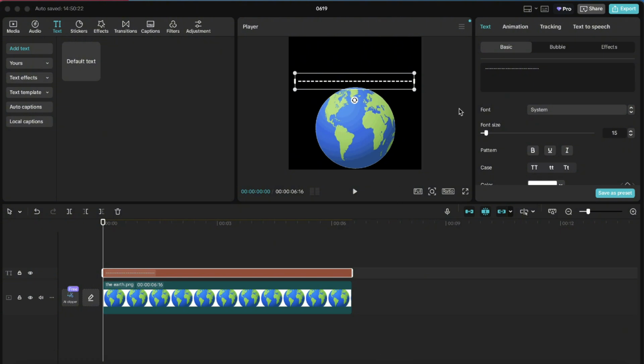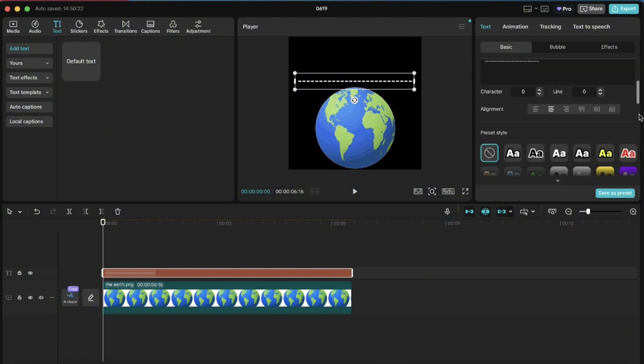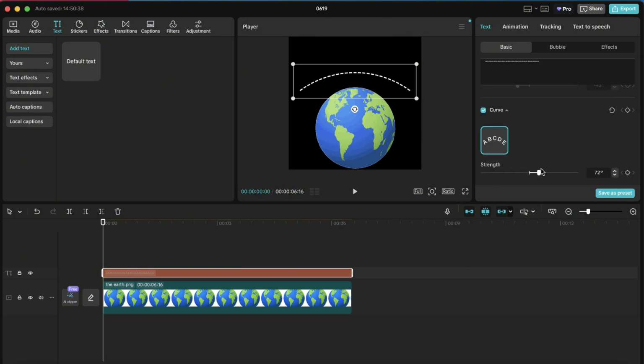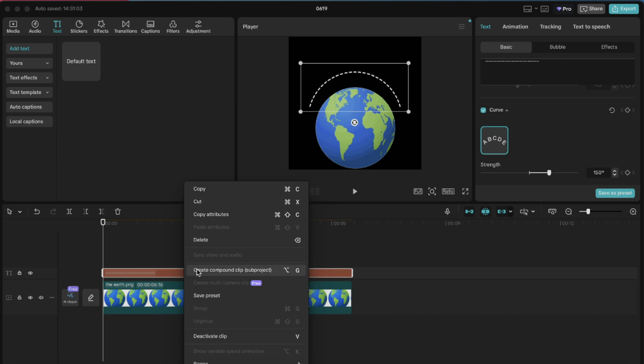So I'm going to be making it look curved. So I'll scroll down, click on curve. I'm going to increase the strength of the curve to like 150 degrees. So this is it. I'll just bring it down a bit like this. So I'm going to be creating a compound clip from this curved dash lines. So I'll right click, click on create compound clip,